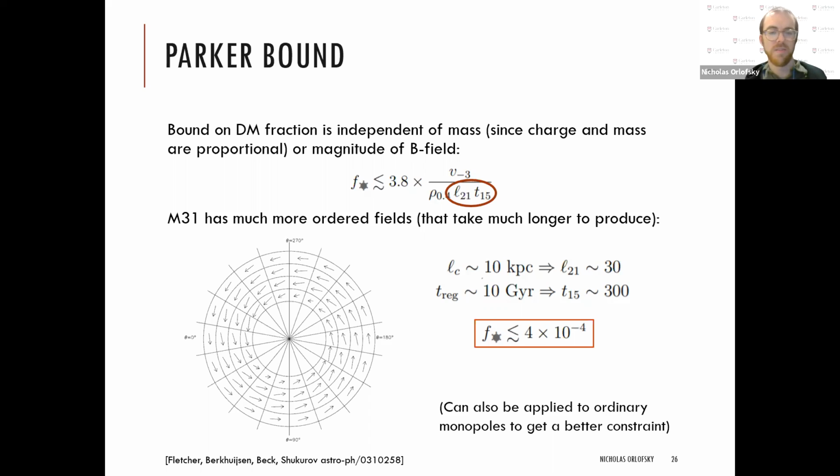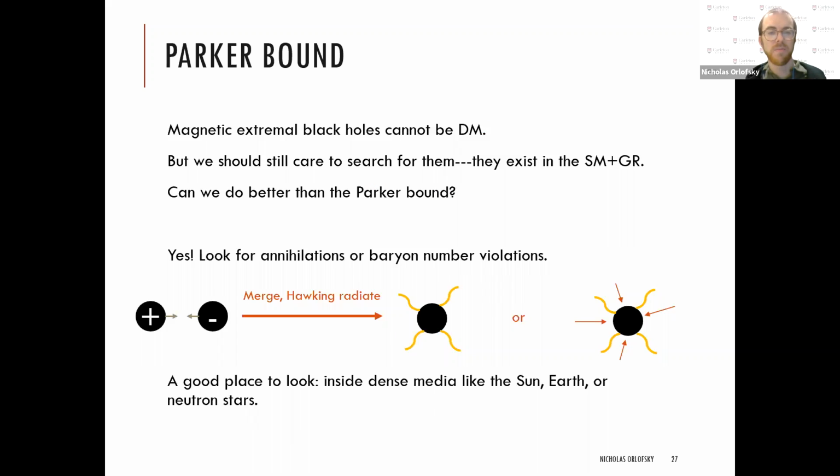So you may ask, is there really much more story to tell? Should we still care? Should we still search for them? And as I've tried to argue already, I think we should still care about them because they are states that, as I said, exist in principle only with the standard model and general relativity. And so we should ask if there are ways that we can do better than this Parker bound, and see if there are any such relics around, because they would still have very fundamental